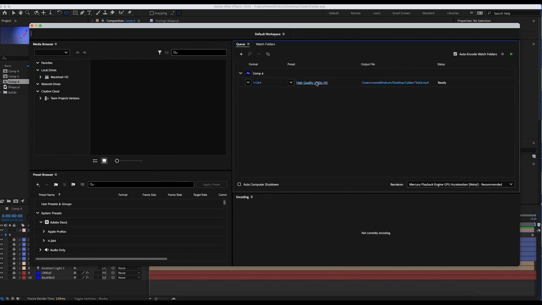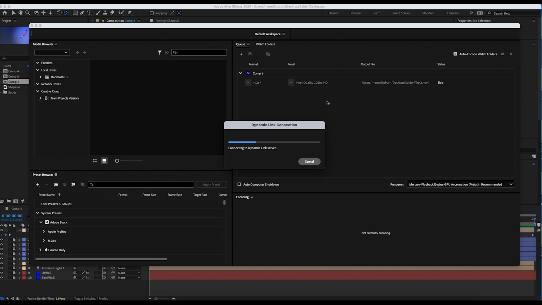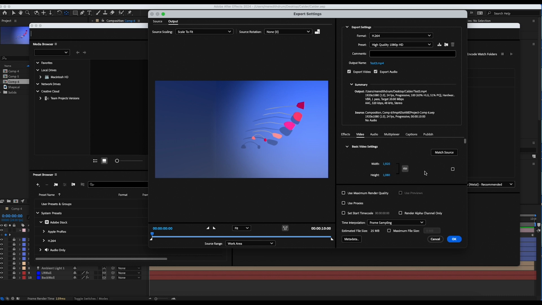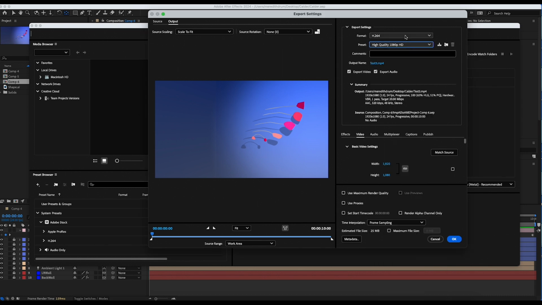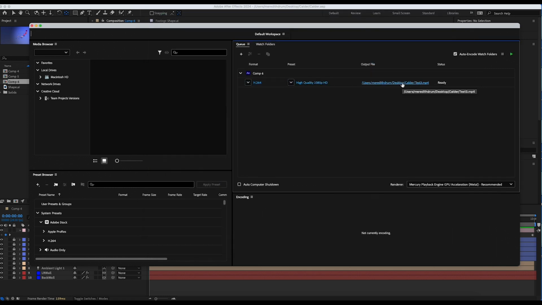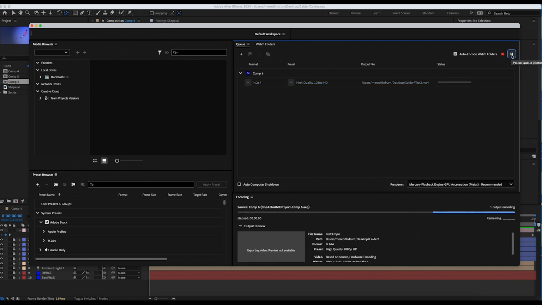Save. And if you want to change anything about the way that the video is rendered, you can do that here. You can change the kind of rendering that it's doing, but this is fine with me. Okay, so it looks like it's ready. I know where it's going. It's going to this folder. I know what kind of render it's going to do. Now, I know this is a little hard to see, but there's a little green arrow here on the upper right, and that's what you have to press to get it to render. So it might take a second. I'll be right back.